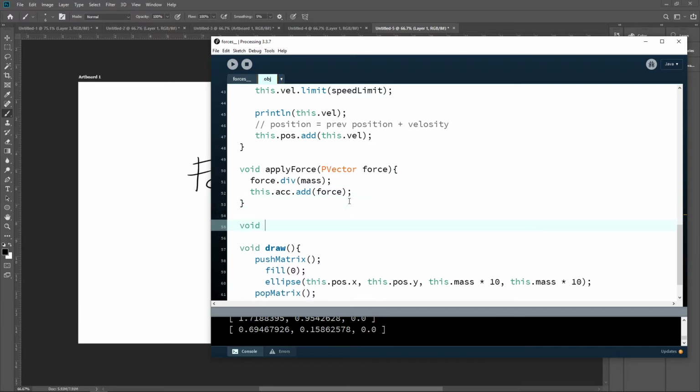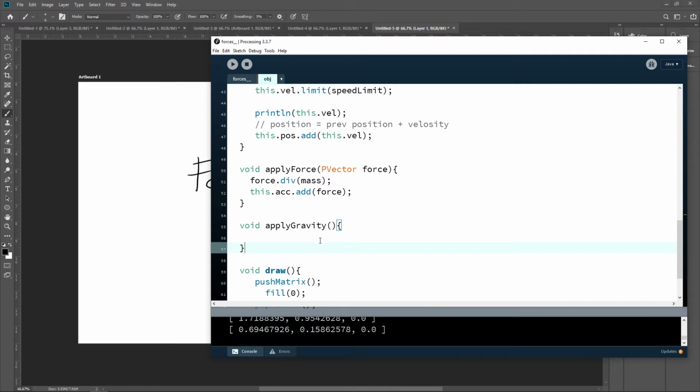I can call it void applyGravity, and again we know that gravity is the same, so I can call this PVector gravity equals new PVector 0 and 9.8. Yeah, but okay, we get a smaller value. 9.8 is too big for us now,